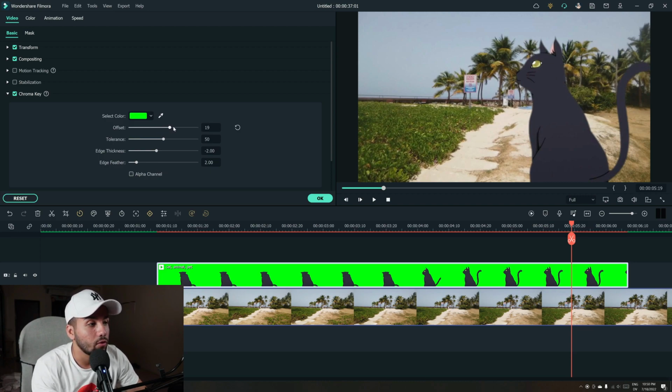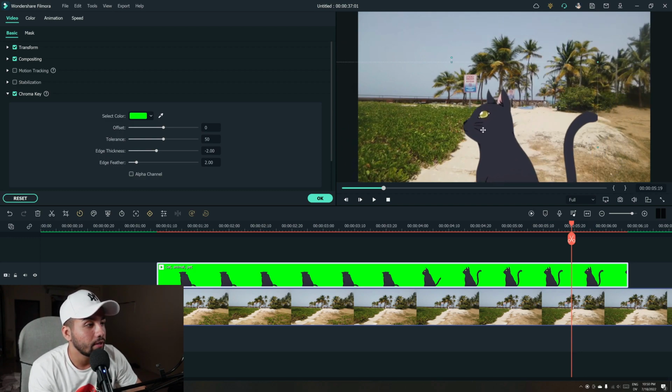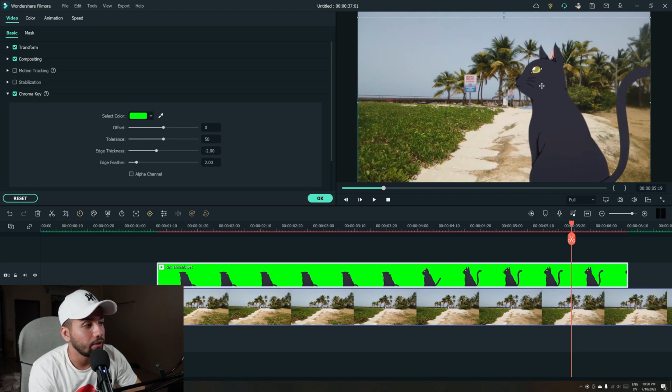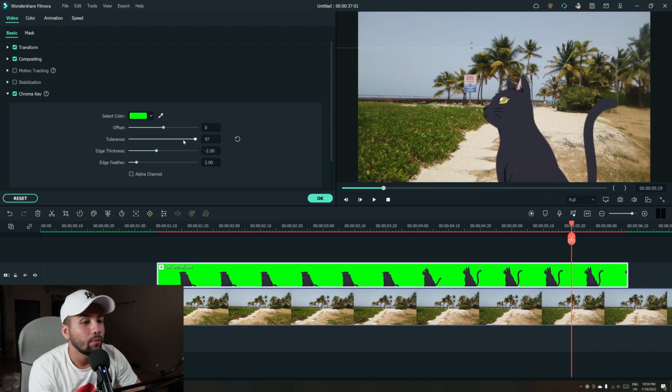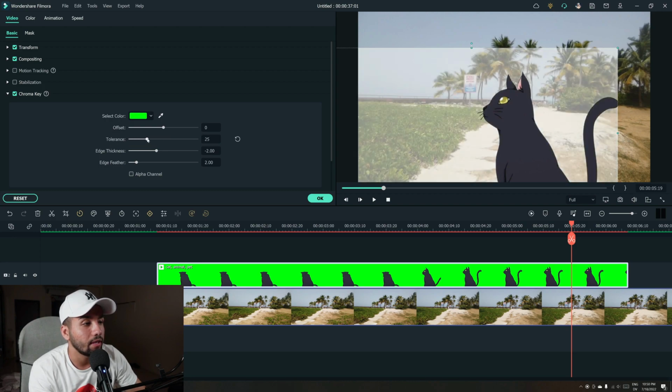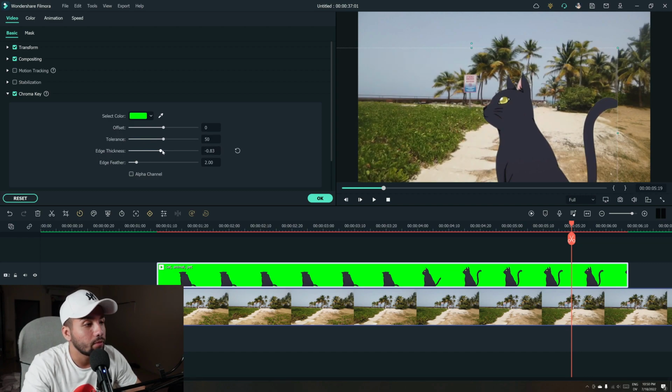Okay, so you can go something like this, right? You see the eyes are disappearing, and we don't want to do that. So you want to keep the eyes. I want to just see if it's correct. Okay, yeah, it's actually perfect. We don't need to edit anything here really, but sometimes you see something like this blurry, so you just play with the tolerance or the edge thickness or something like that, just to get it set up perfectly. You see, now I can adjust those things, and let me just have it like this, probably something like that, right? And the feather, okay, something like this, or just leave it normal.